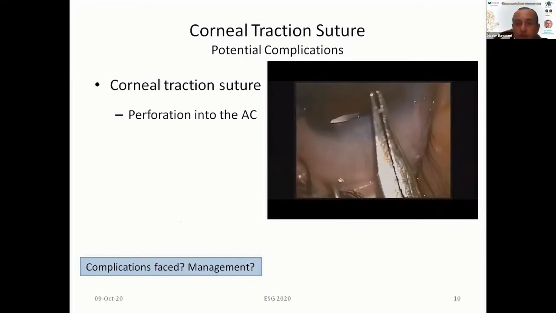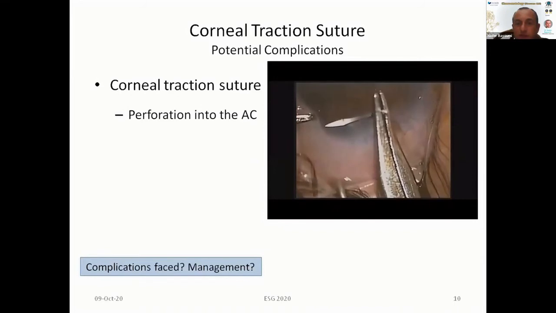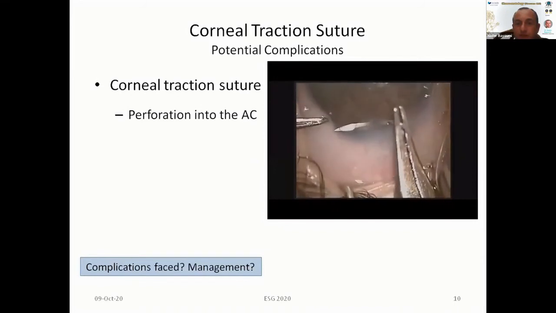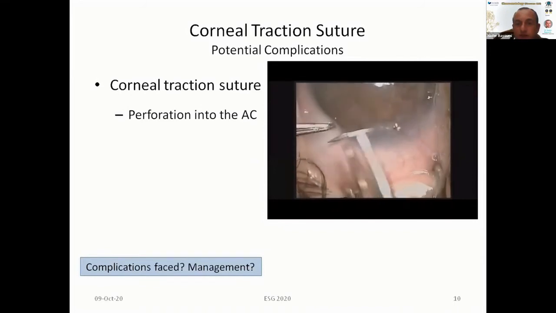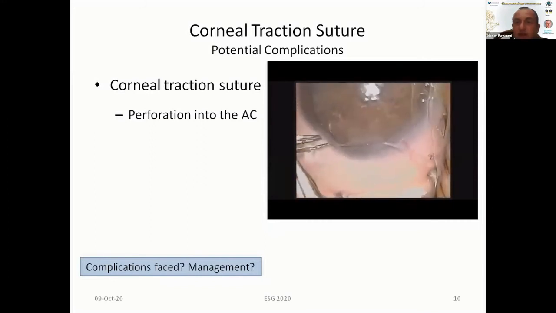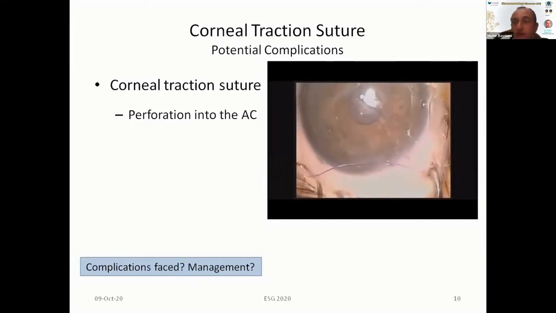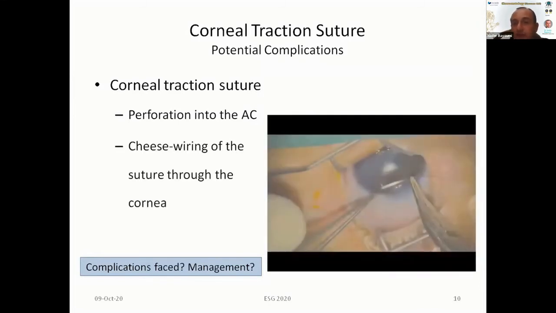Now watch this surgeon as he advances the needle, and watch immediately the amount of fluid present in the field just as the tip of the needle exits the cornea. You see this egress of fluid just as the tip of the needle exits the cornea. That surgeon has penetrated the AC while doing the traction suture because he or she did not estimate the thickness of the cornea. So complications can start from the very, very beginning. The next is